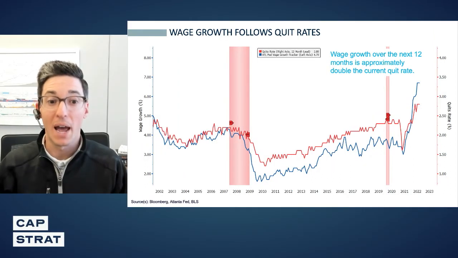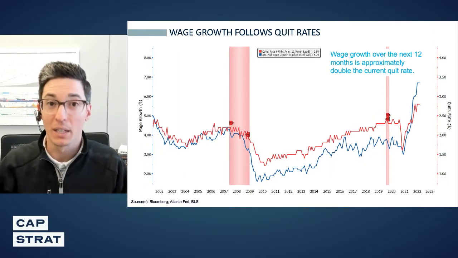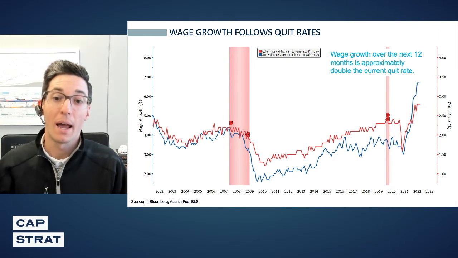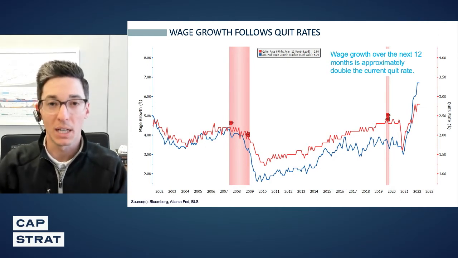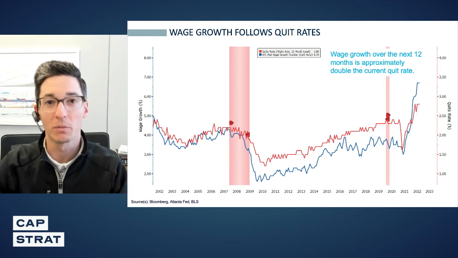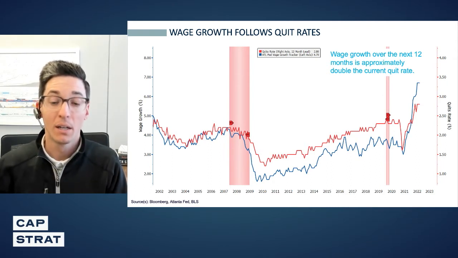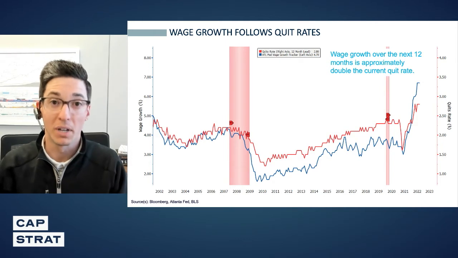So if we were to do that math right now, that would imply something like 5 to 6% wage growth from here over the next 12 months, based on the massive shortage of labor. And so this is where the Fed comes in, because now we're speaking to price stability, right? If you have 5 to 6% wage growth from here, given the amount of inflation we're already seeing in the economy, that is a serious issue for the Fed. That's a serious issue for price stability.